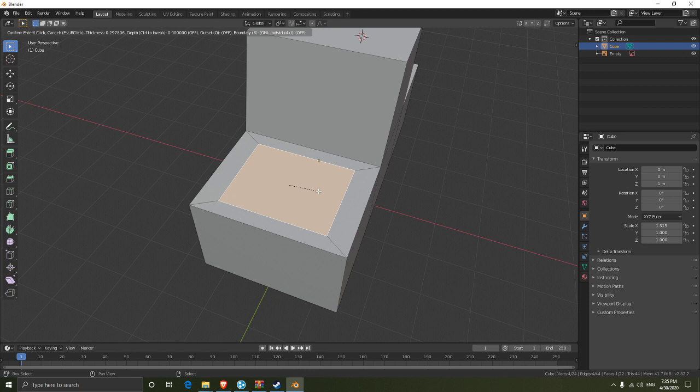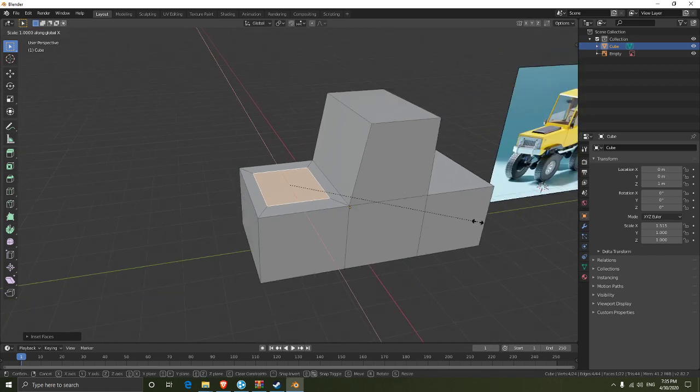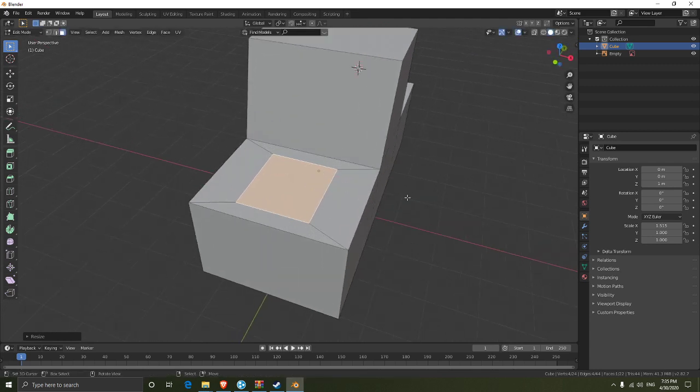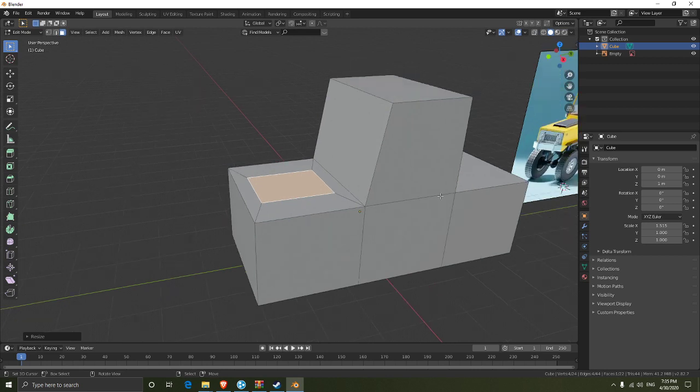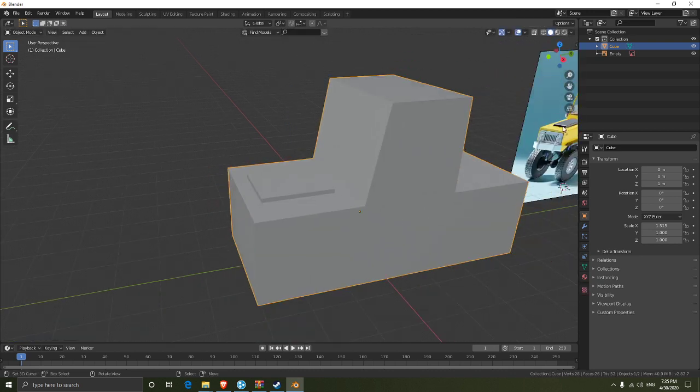So it's roughly like looking at the photo, it's about this much, I guess. We can still tweak it, by the way, it's not permanent. So yeah, we can make it a little bit like this. I scaled along the x-axis. I think that's pretty good. And extrude it up just ever so slightly, because it's not that big of a bump on the vehicle